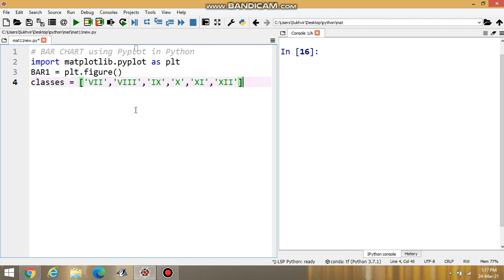Suppose these are the classes, and I have to design the bar chart with the strength of the students.